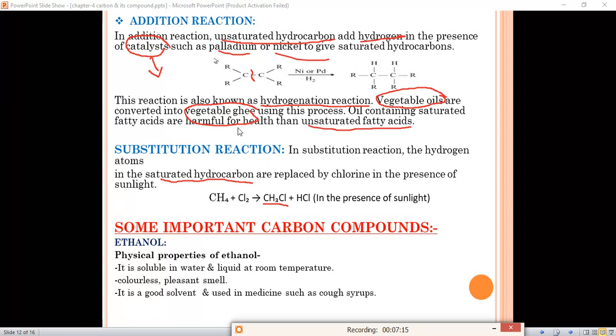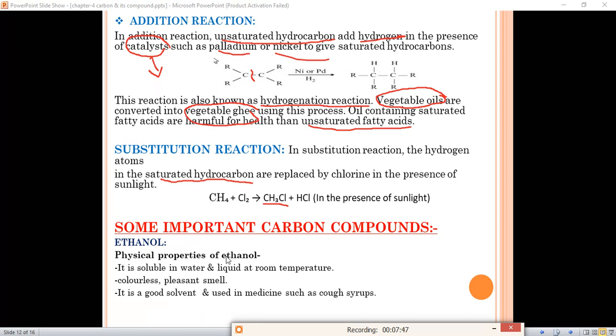Likewise, why is unsaturated hydrocarbon not good for our health? Why is it harmful? Because in unsaturated hydrocarbon or unsaturated acid, substitution reaction can take place and chlorine can add in that molecule, which is very harmful for us. Likewise, this CH3Cl can again undergo substitution reaction, meaning again chlorine can take the hydrogen's place and it can form CH2Cl2. Like that, all the hydrogens can be substituted by chlorine atoms, and this reaction will always take place in the presence of sunlight.